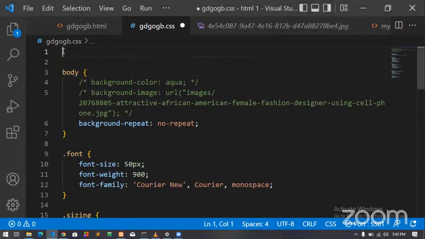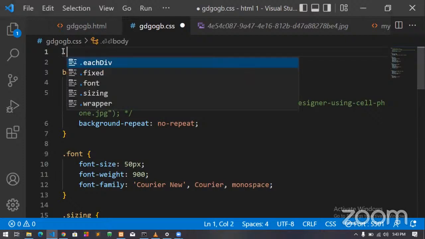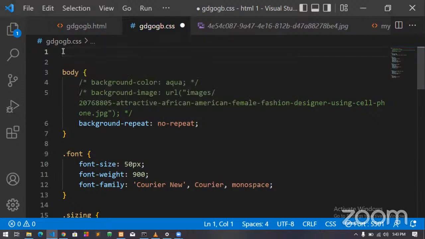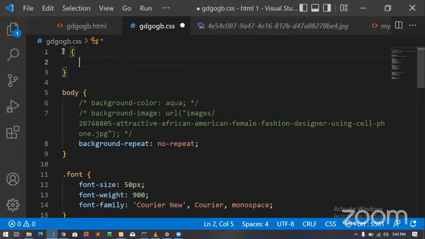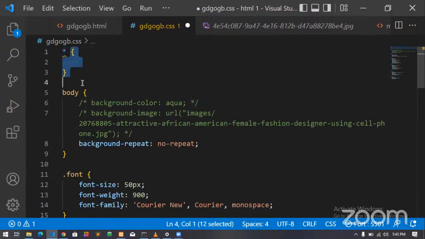Like there's some people that they don't even know what a global styling is, but I'll be giving it to us. Global styling. If you want to style something that will affect everything in your page, you don't have to be creating classes. You can just make a global styling.